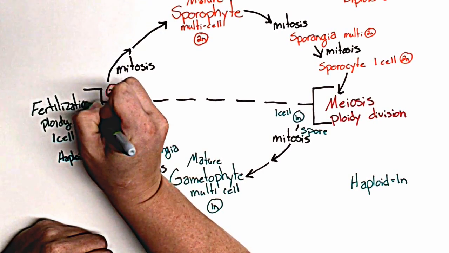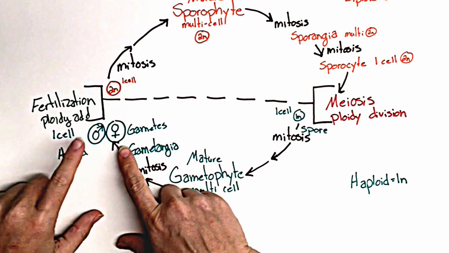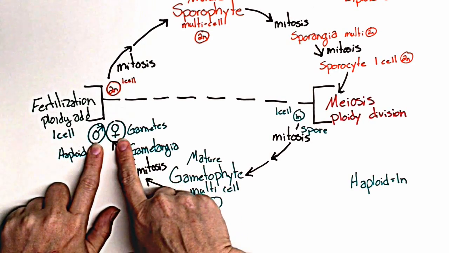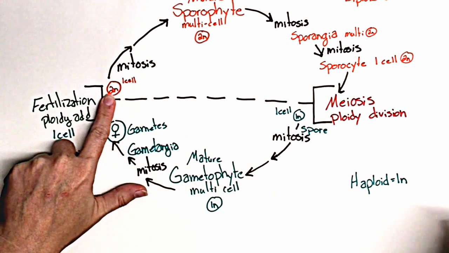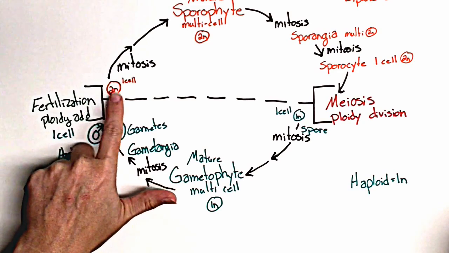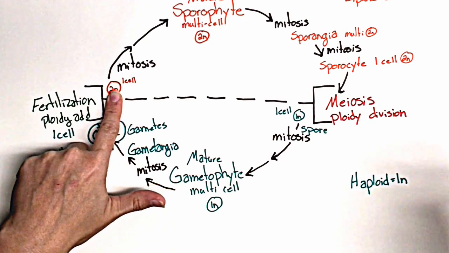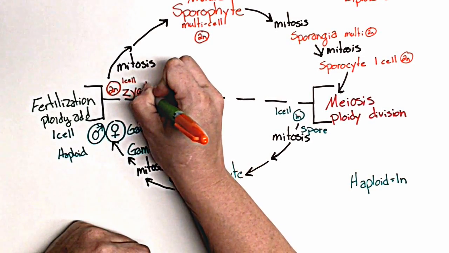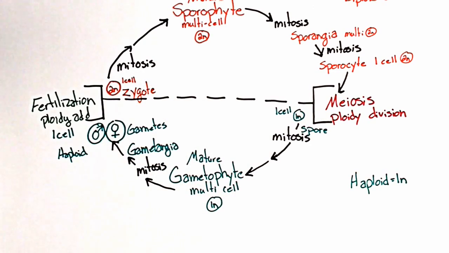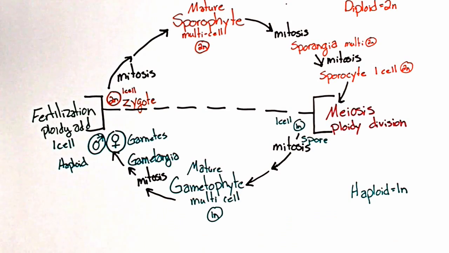There we go. Fertilization. And what that ends up doing is the one N from our male and the one N from our female join together to create a diploid 2N, one of each of the copies coming from their parents. And this structure is called a zygote. Okay, our zygote. So that basically covers it. Just keep in mind when you're going through the life cycles,